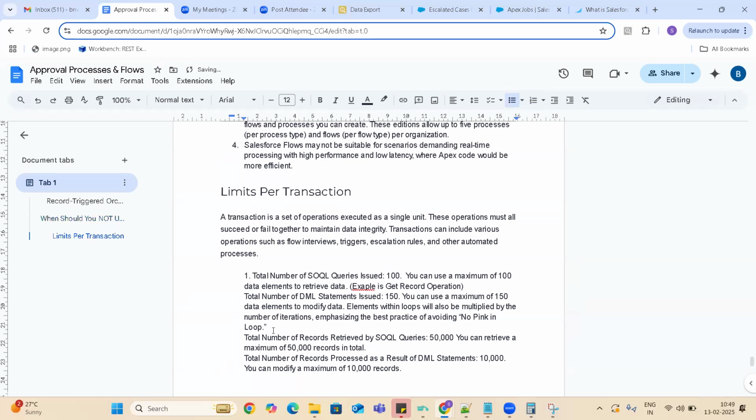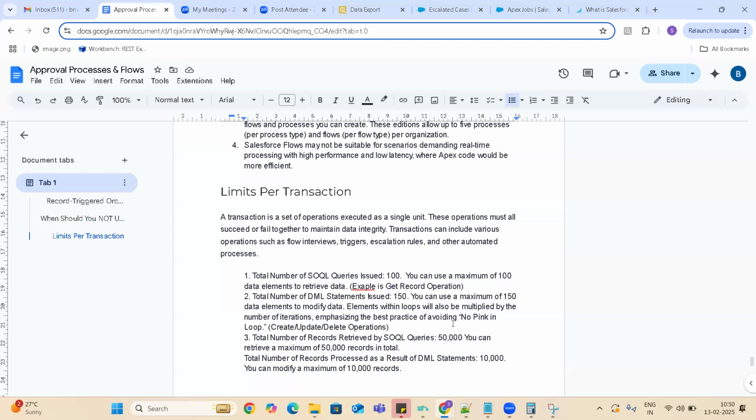This is nothing but create, update, delete operations. This is the second one. And the third one is the total number of records retrieved by SOQL. That means when you click on the get record operation, it queries, so one SOQL query is used.